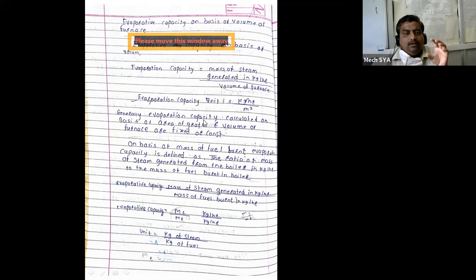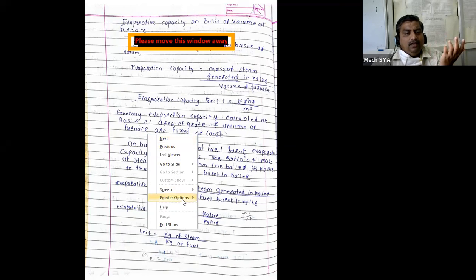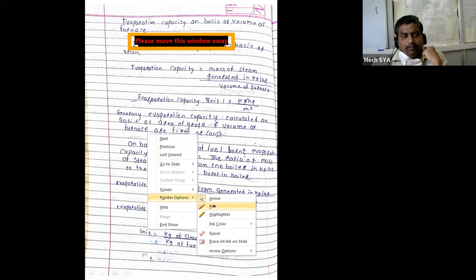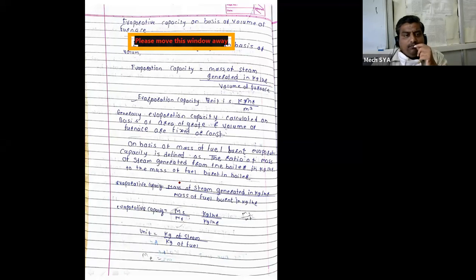So therefore, once we calculate the evaporative capacity on the basis of grate area or on the basis of volume of furnace, it will remain the same throughout the life of that boiler. It will not change that much. It's a fixed quantity. But the next parameter is the evaporative capacity on the basis of mass of fuel burnt,